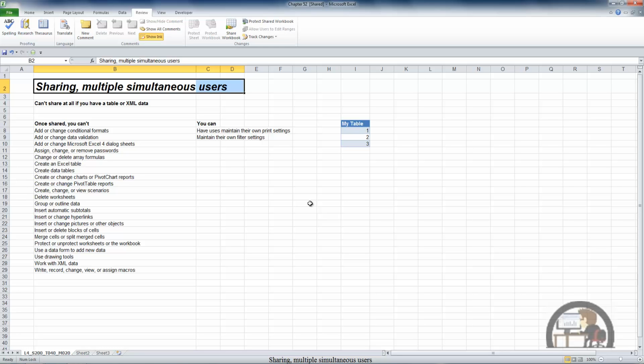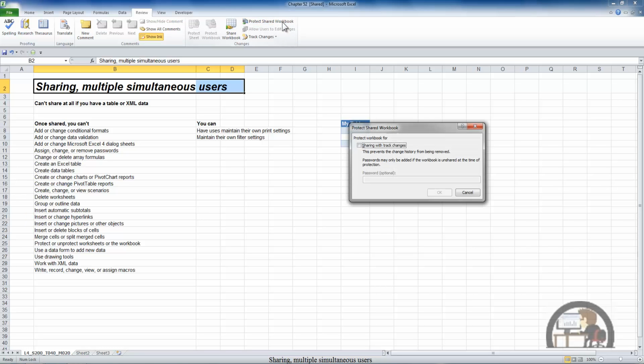After sharing it, I can left click Protect Shared Workbook, and there's a series of protections that you can set up for your workbook. If you have other protection settings that you want to set up for your worksheets and your workbook, you need to do that first in that order. First set up the protection settings for the worksheet, and then the workbook,